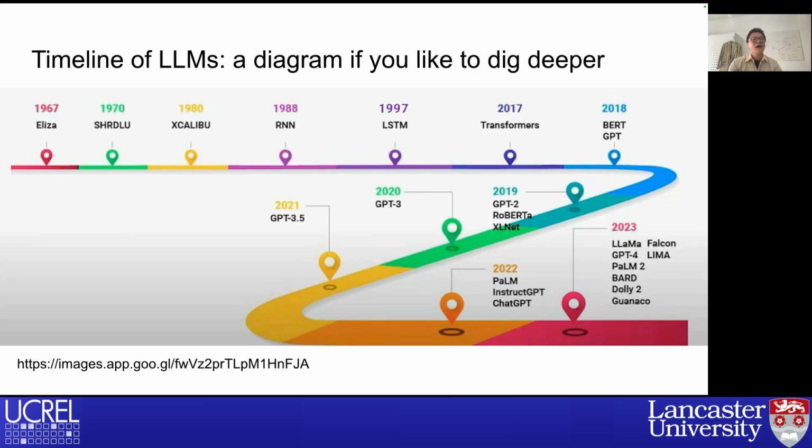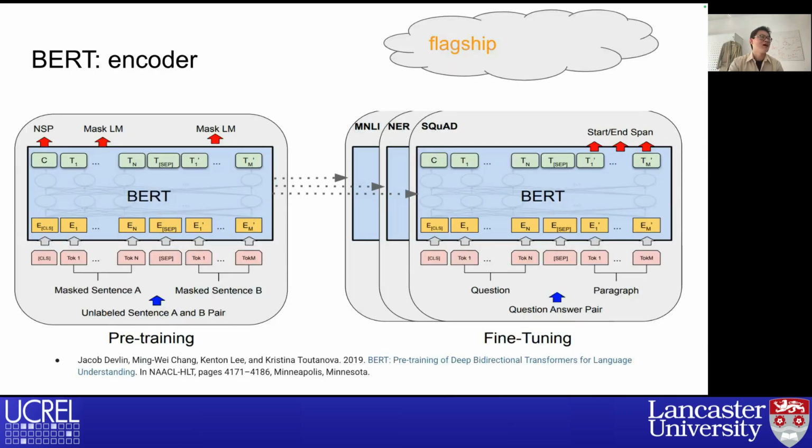So that's the introduction. And here's the timeline of language models, or large language models. You can see there is LSTM before the transformer, and then we have BERT, we have GPT-3, 3.5, now we have Llama, which everyone is using. And in this timeline, one of the most important ones, if not the most, is the BERT model. BERT is actually only the encoder part of the transformer. The transformer we saw a few minutes ago has an encoder and a decoder because it was introduced for machine translation purposes. We have to encode the text, then decode it into another one, right?